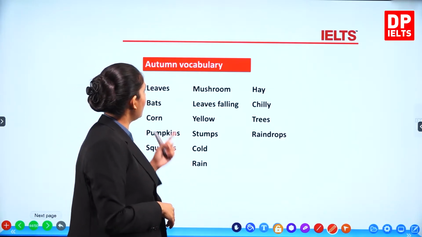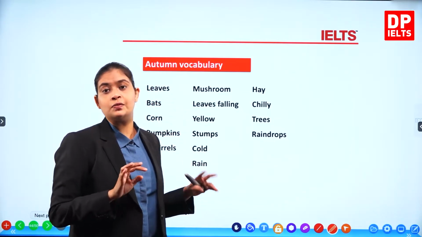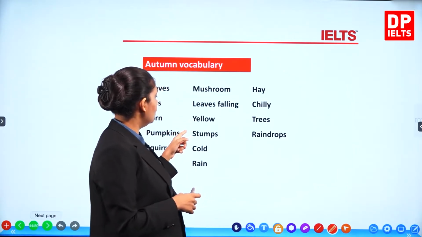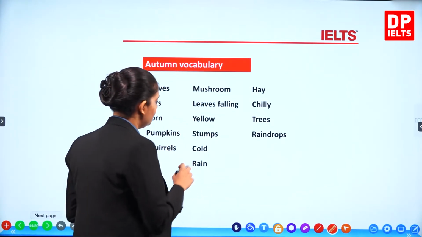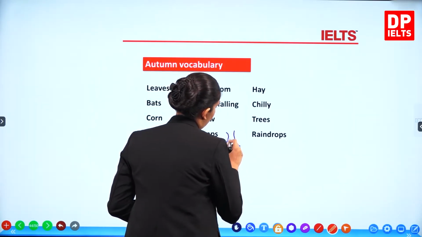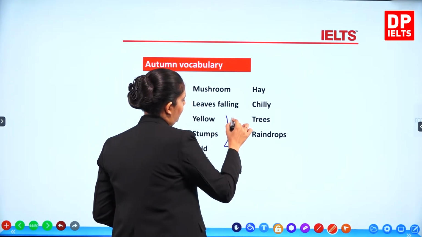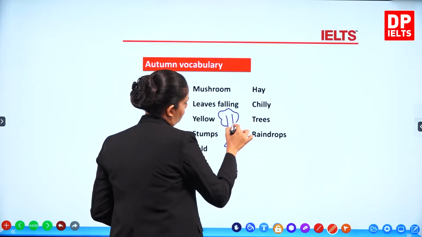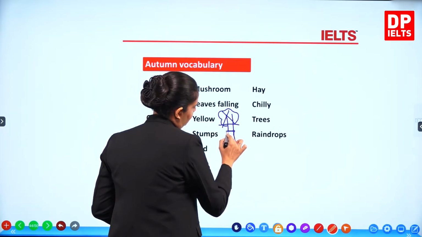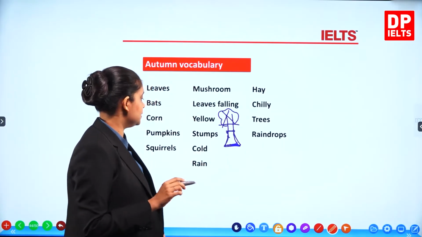You have mushrooms, the leaves falling in different shades of red, yellow, and orange. The yellow color, okay, you've got the stumps. Let me draw a stump. The stump means this part of the tree. You have the whole tree like this, but this part is not there. The bottom part remaining, the trunk part, we call the stumps.